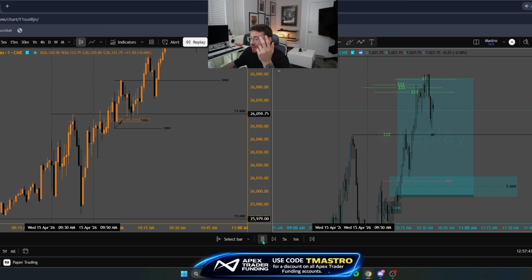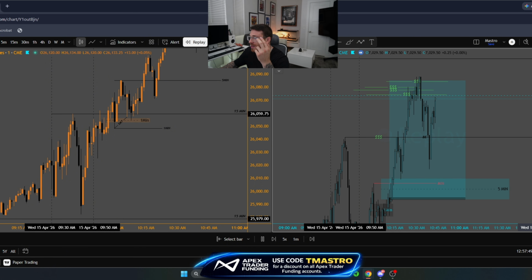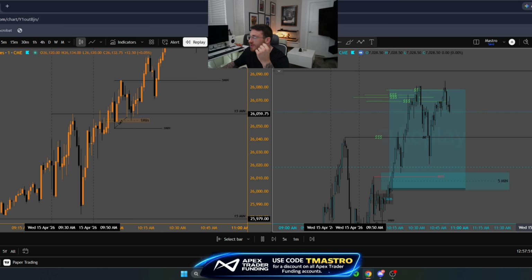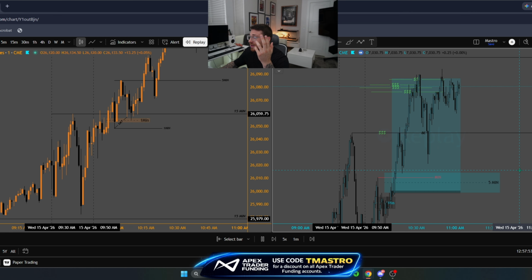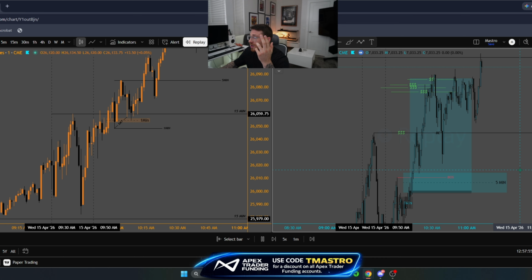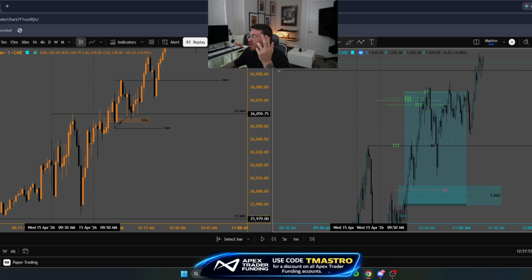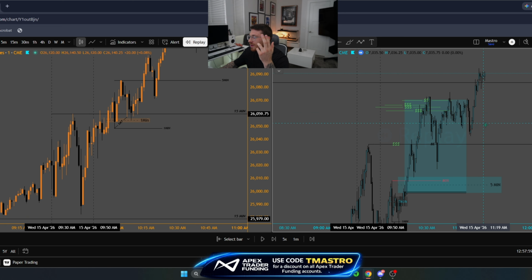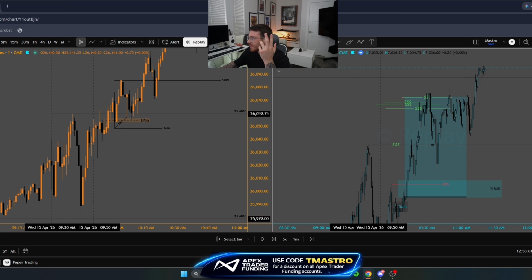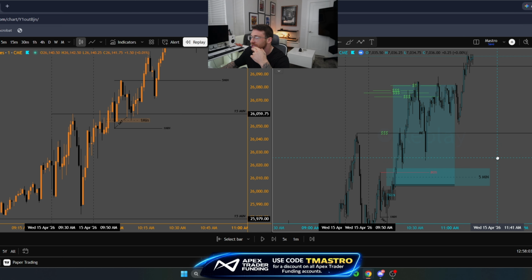And then price did retrace when I left. I had my trailing stop right here, so we would have gotten a trailing stop hit, but price ended up coming up, and I'm pretty sure that weekly high ends up getting hit. I still haven't checked yet. Let's see if it does. Okay, bang, it did get hit. So overall draw on liquidity was correct. It would have hit around 11:14 a.m. So again, I like the trade.